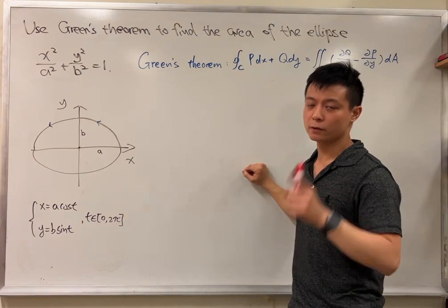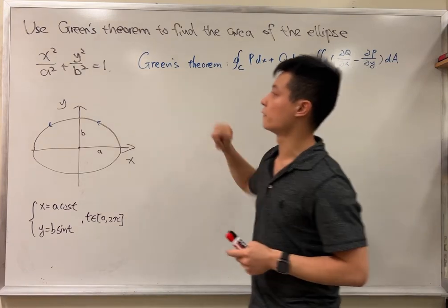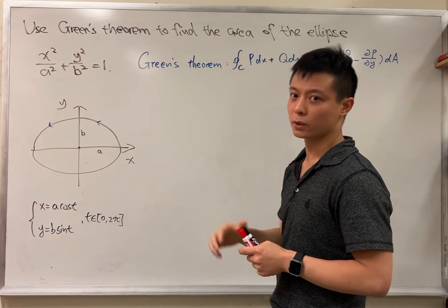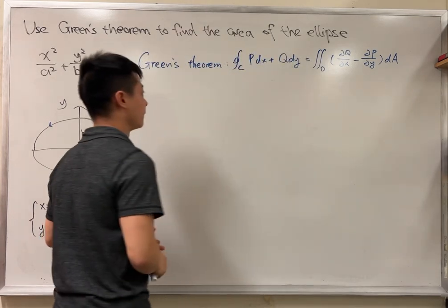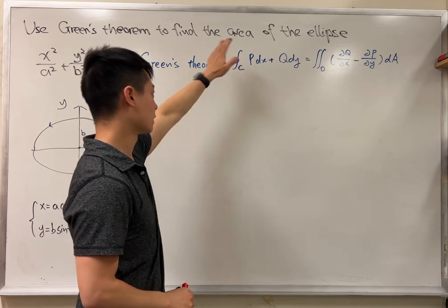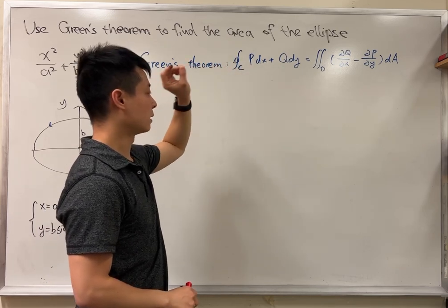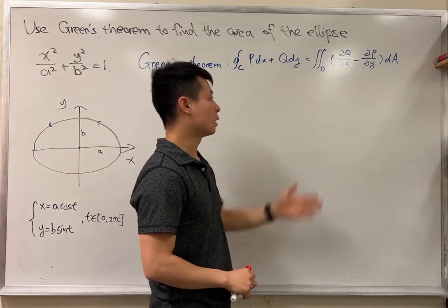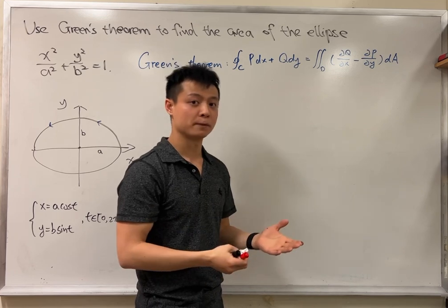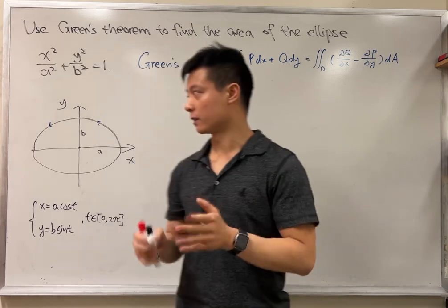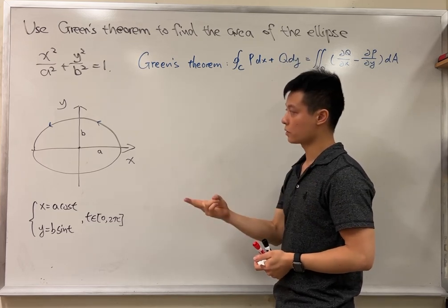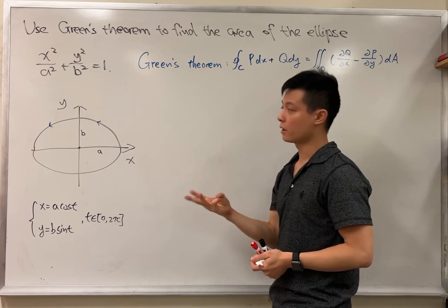Use Green's theorem to find the area of the ellipse x squared divided by a squared plus y squared divided by b squared equals 1. According to Green's theorem, we know that we can evaluate a line integral of a given vector field over a closed curve C by calculating a double integral over the region D bounded by the same curve, and vice versa. Of course, we require the condition that the curve C is simple, closed, and piecewise smooth,